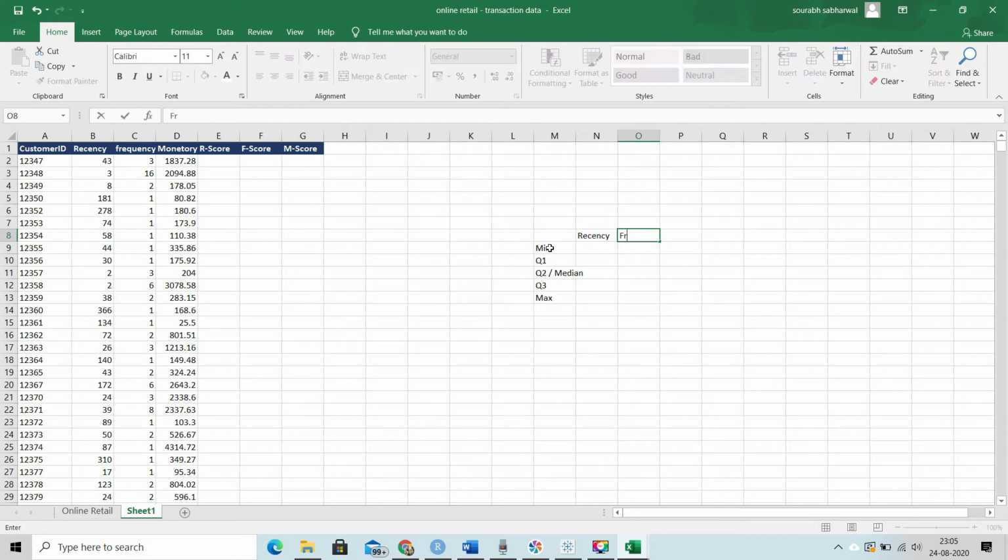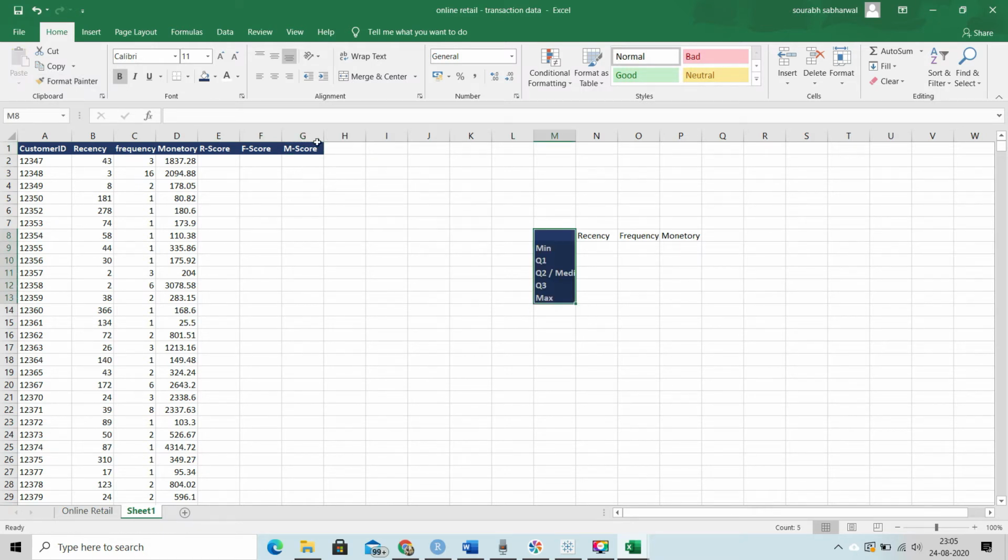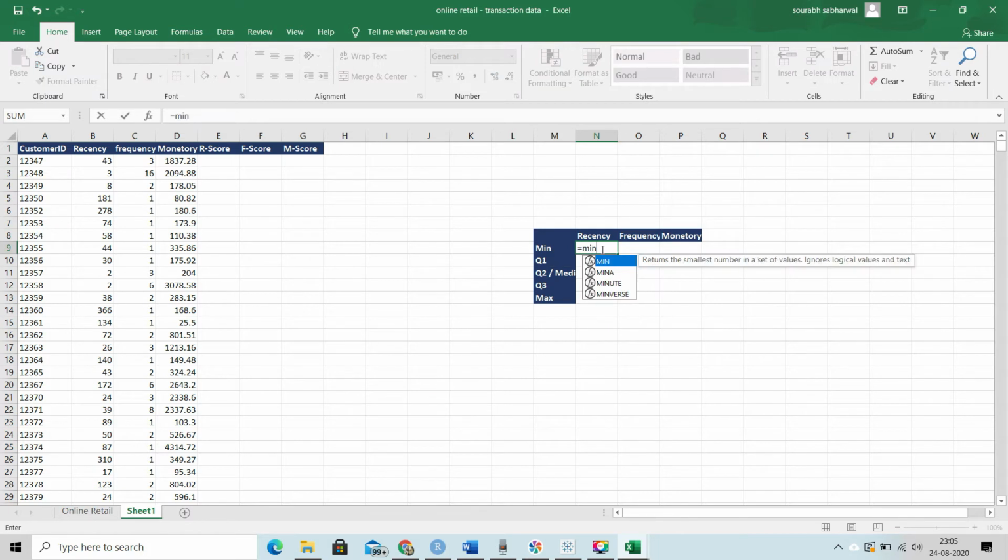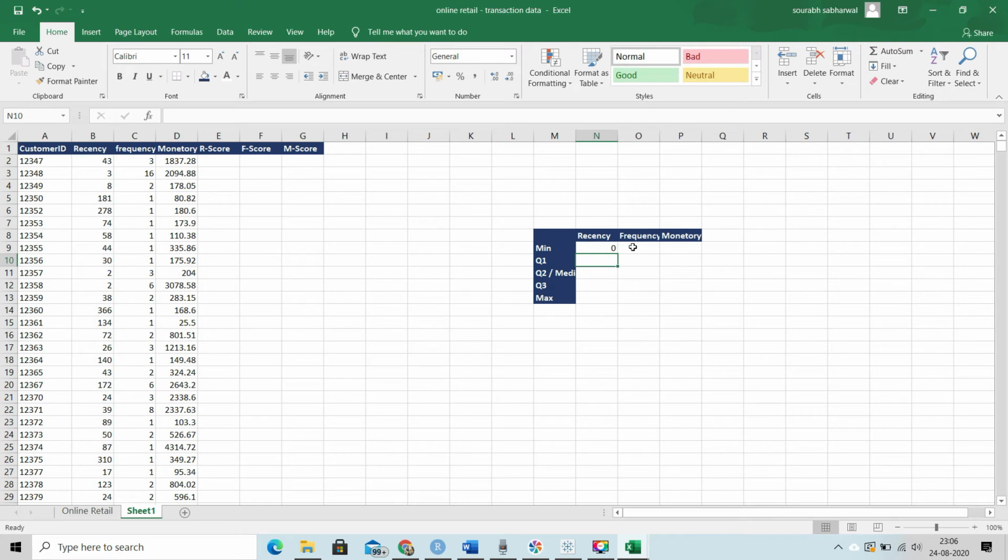Recency, frequency, and monetary. Okay, let's format this also. So let's quickly find all these values. Drag it for frequency and monetary. First quartile.